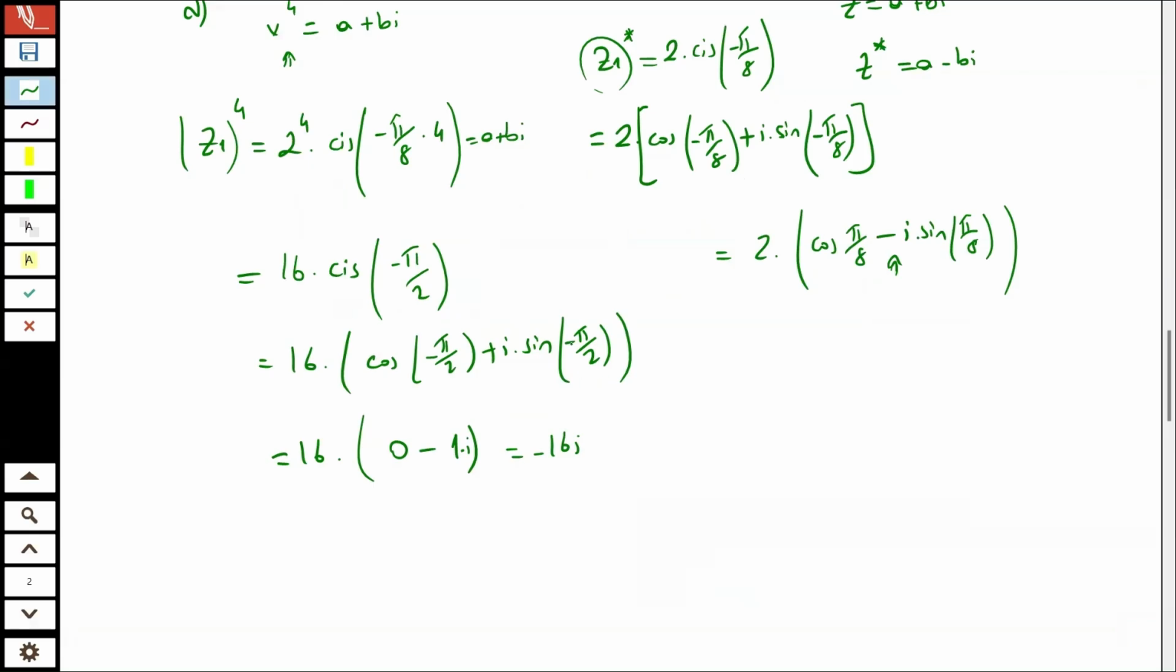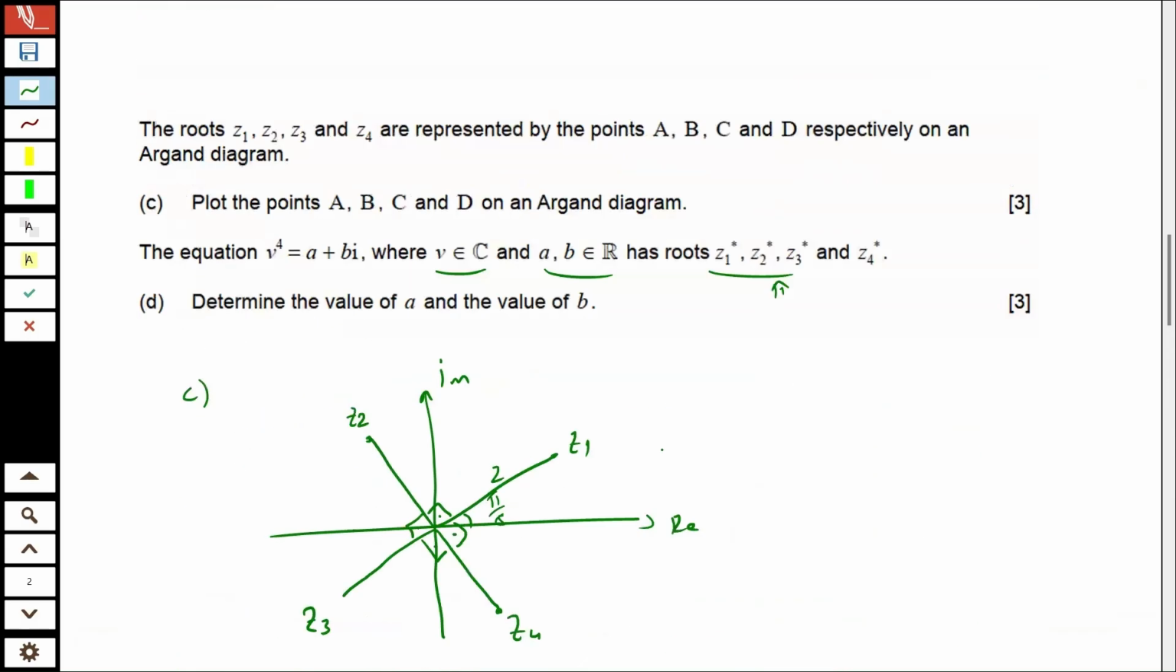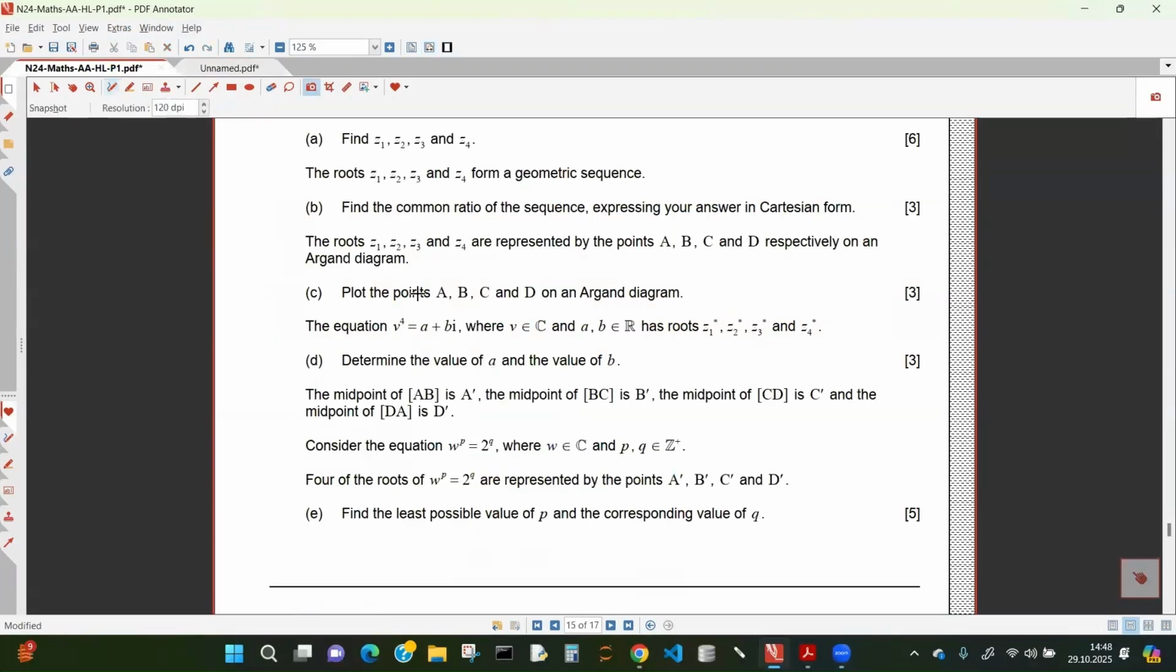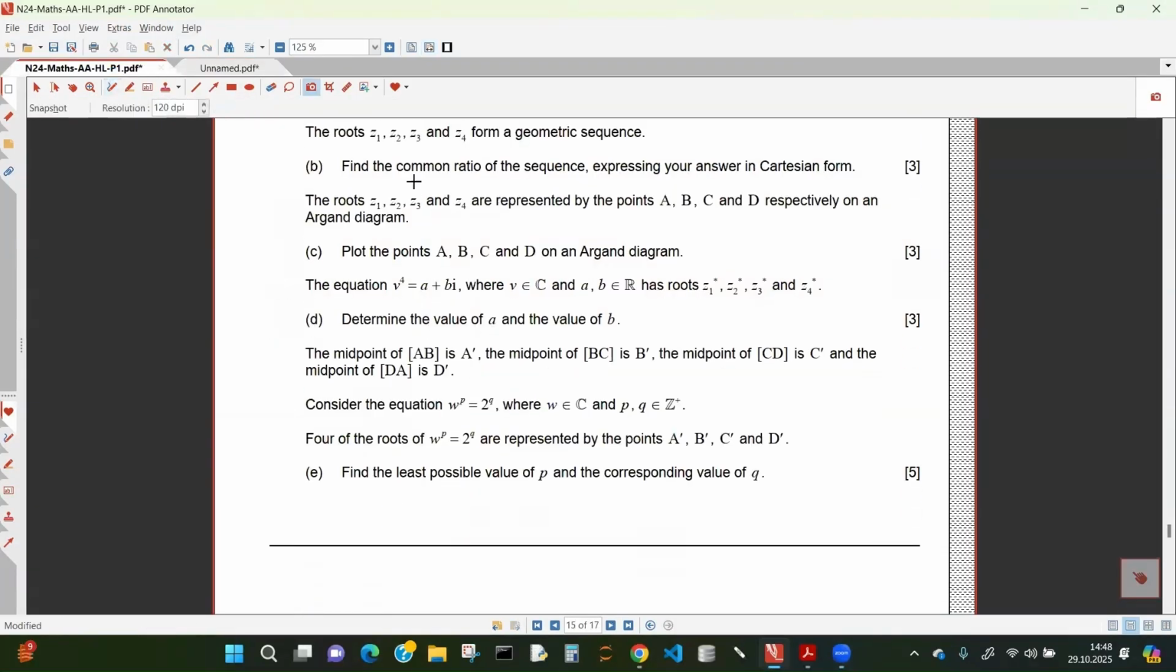So we found if this is v to the 4 power, in this case a equals 0 because this is 0 plus minus 16i, and b equals minus 16. The last question,